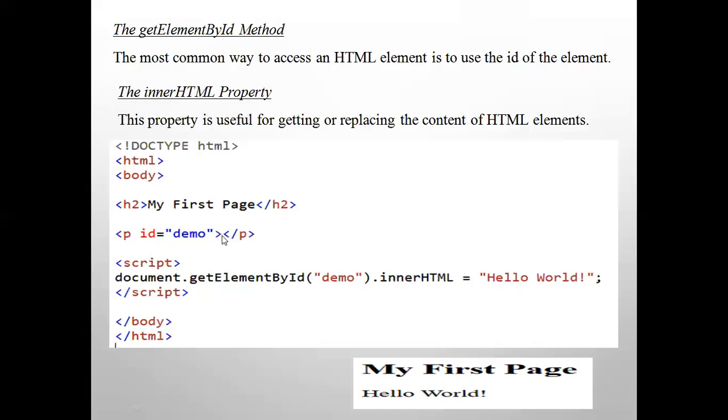Okay, so here it is not displayed. See, in the p there is no text, just p id equal to demo is written, and p, and what is to be displayed, that is written here. So this ID will be accessed here by this method and this function. So secondly, the paragraph will be displayed as hello world. Okay, so here I am combining both these methods and properties of the document object.